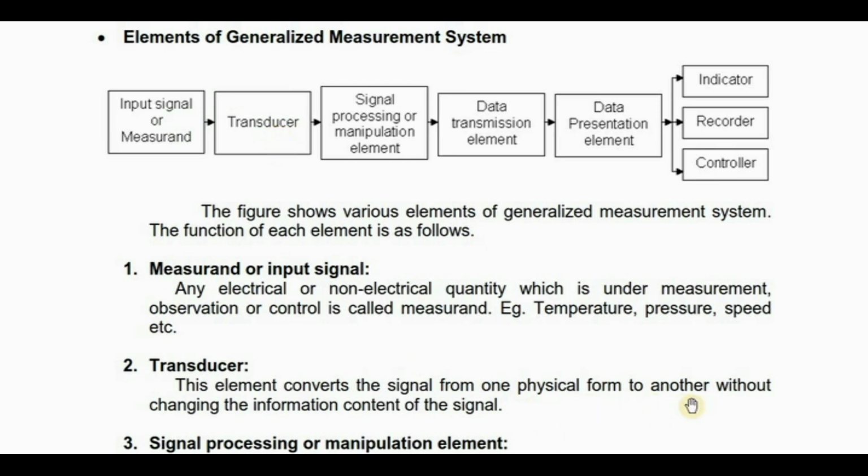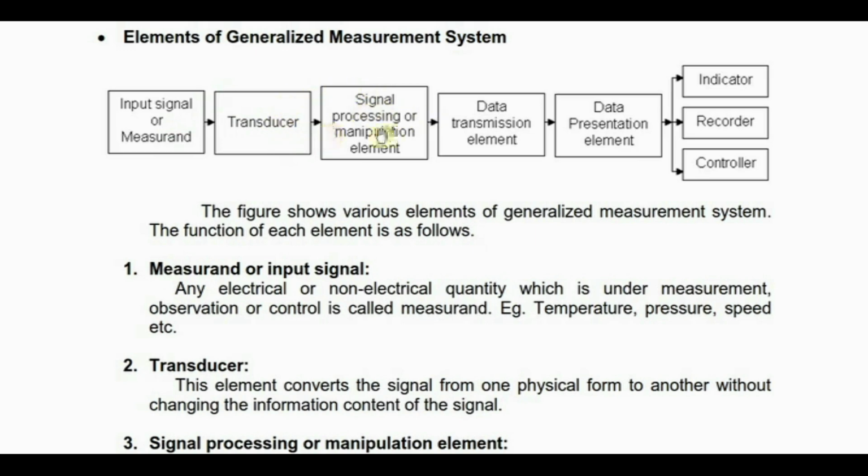Okay, one form of energy into another form. Suppose you are measuring the temperature, the degree Celsius will get converted into voltage. If you are going to measure the speed, revolutions per minute will be converted into electrical voltage. So the output of this transducer is just in the form of an electrical signal. It is in the form of an EMF or a voltage. Now once we have converted that basic unit into an electrical parameter like an EMF or a voltage, that we are